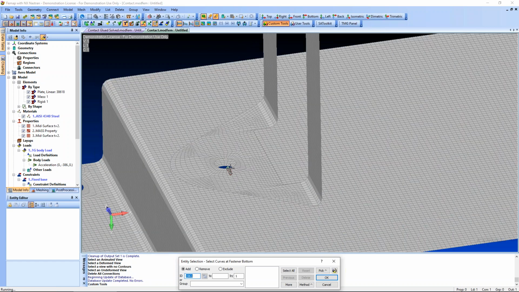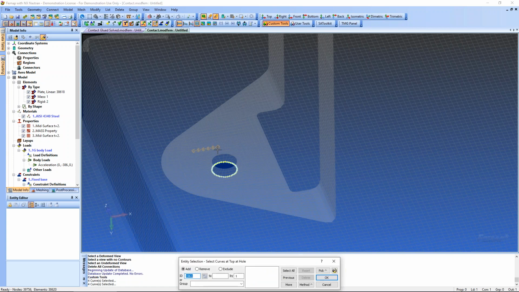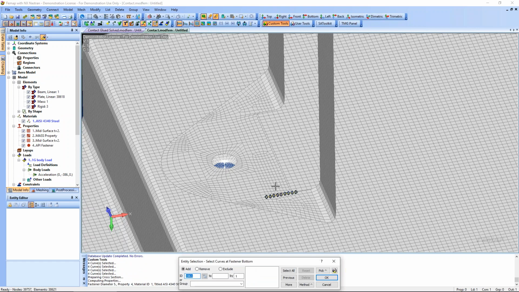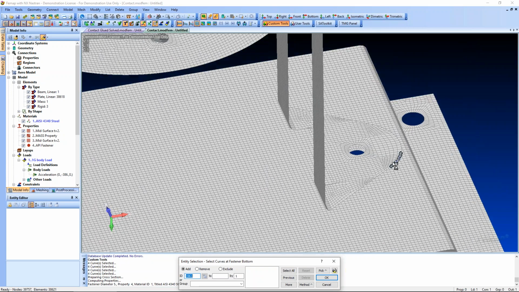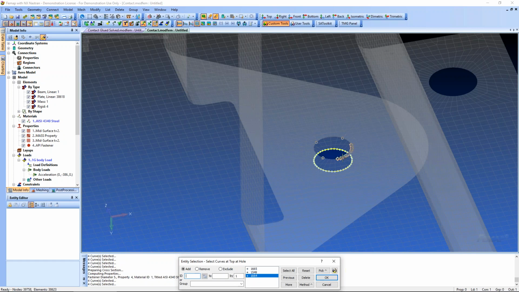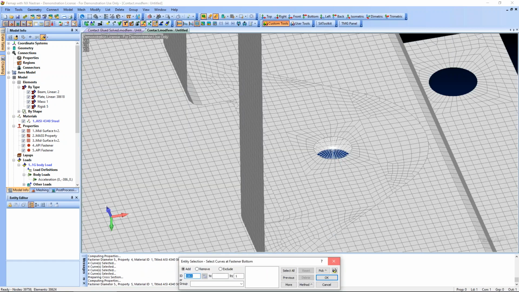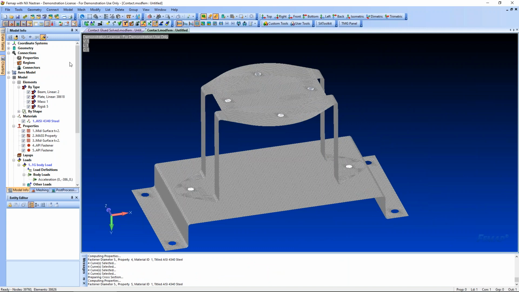In here, all you need to do is select the 4 curves on the bottom hole. And as usual, you want to use the highlighter button just to make sure you get the right curves that you want. And the second step is to select the 4 curves on the top hole. And what that does is it creates a couple of spider elements, RBEs, and connects them with a bolt, basically, or beam. In this case, I will select, again, the 4 bottom curves for the bottom bracket and accept that. And the second step is to choose the 4 curves on the top. Very quickly, I've created some bolts to connect these two brackets,